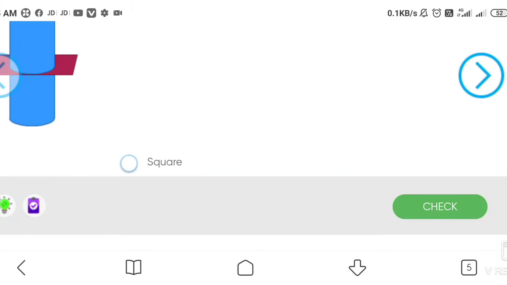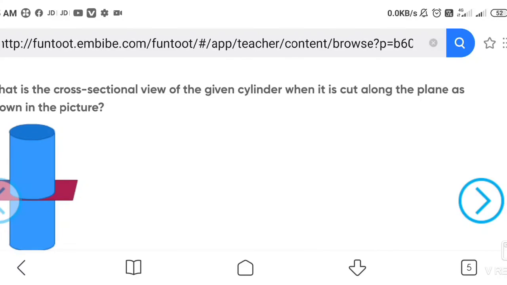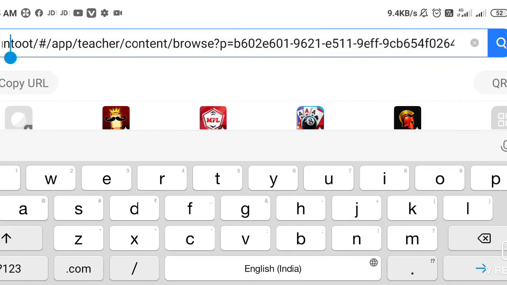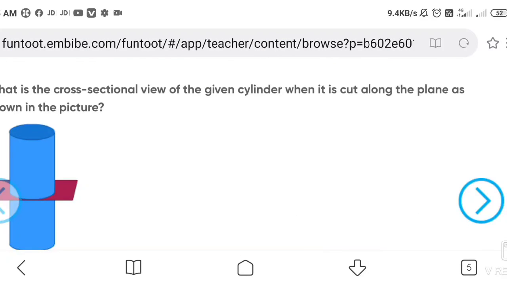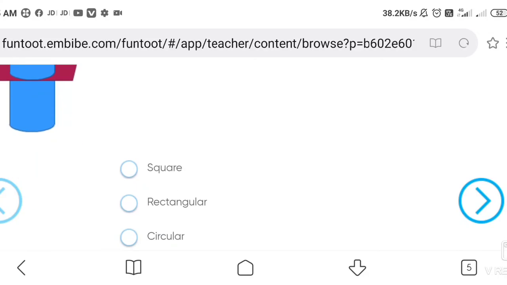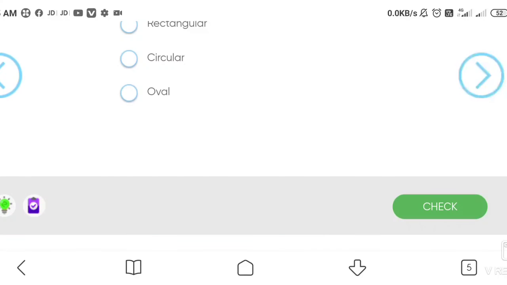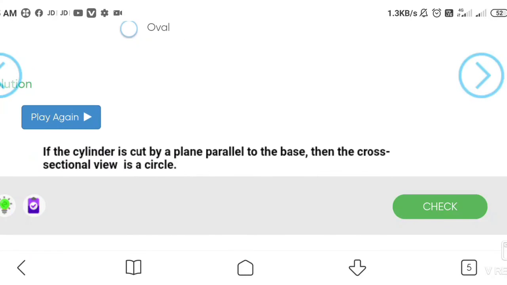Now the next is, now this is a cylinder. When we cut along the plane shown in the figure, what will happen? We have to find that. If I cut it from this, what figure will we get? Square, rectangle, circular, oval. Which will we get?